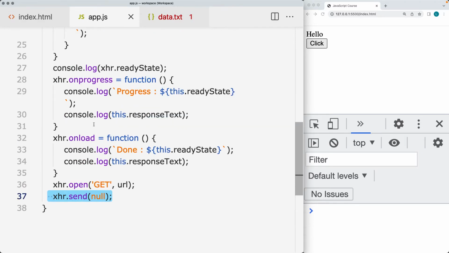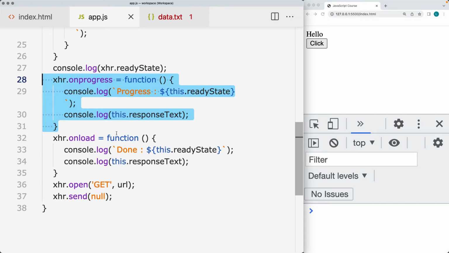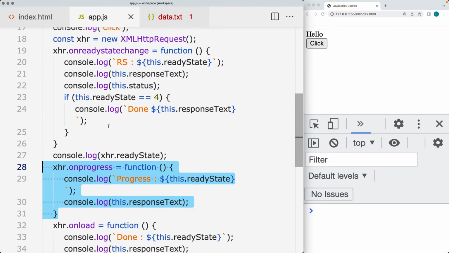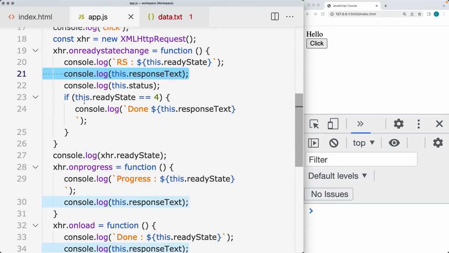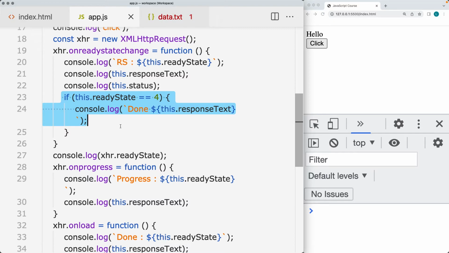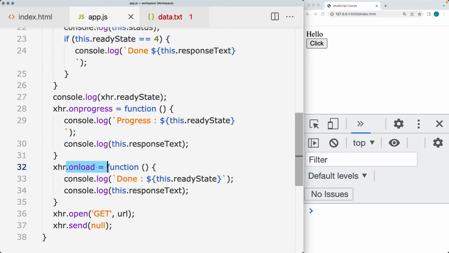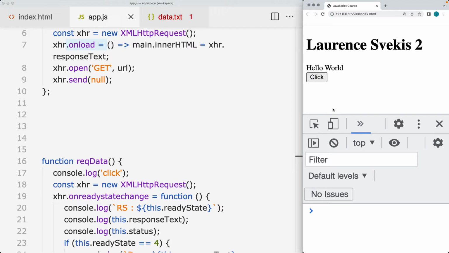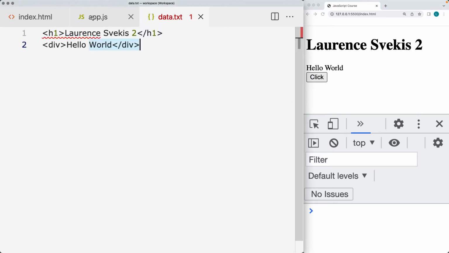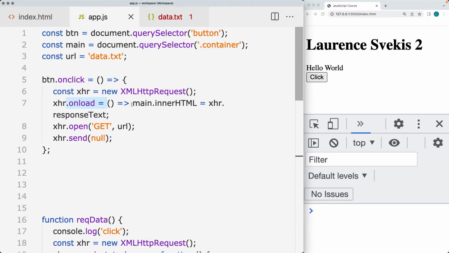So the next step is going to be the progress, where the headers are received from the endpoint. We're going to have a status code of 200. Ready state 3 is where we're loading and we're retrieving back the response text. So we do have response text at that stage, but we want to listen for the final ready state, which is ready state 4. And we can also retrieve that using the onLoad event, making a request to the data text. And this is an AJAX request,